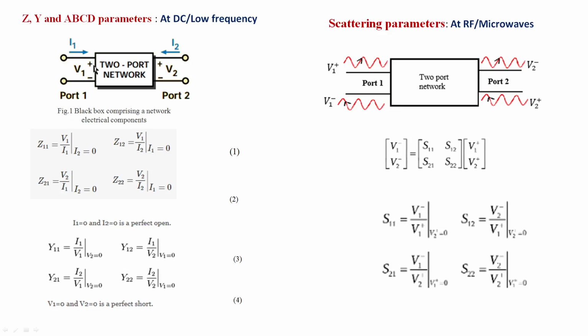That is a problem again, to measure the total voltage and current. But at low frequency we can do that. So these are the problems. Because of these problems we cannot use them at RF and microwave frequency. Short circuit problem, open circuit problem, reflection will take place, and the total voltage and current we cannot measure, because there is a wave traveling over these leads.